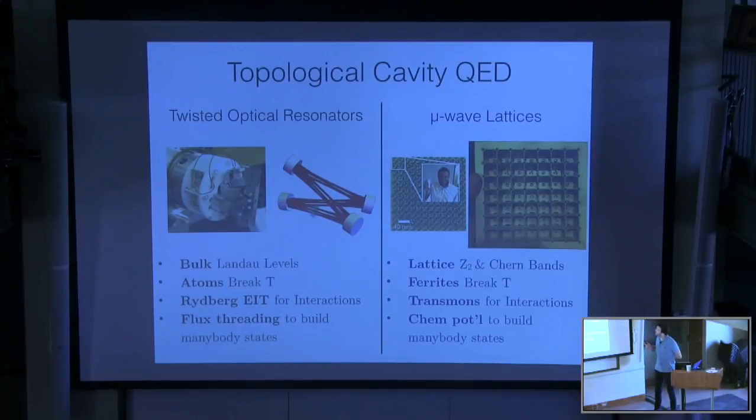The second set of experiments, which we'll talk about time permitting, are based upon RF and microwave photons in lattices rather than in bulk. In these systems, we've been able to realize both Z2 and Chern insulators, where we use ferrites to break time reversal. The outlook there is to add transmons to make the photons interact with each other, and then engineer chemical potentials based on some ideas from Mohammad and others to make these photons thermalize into many-body states. So